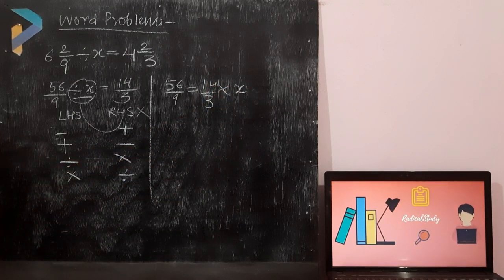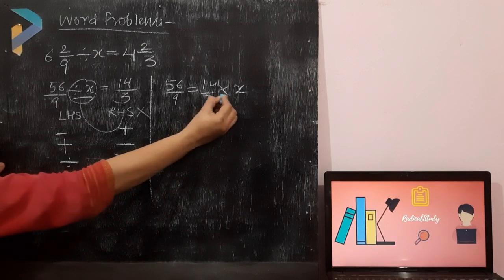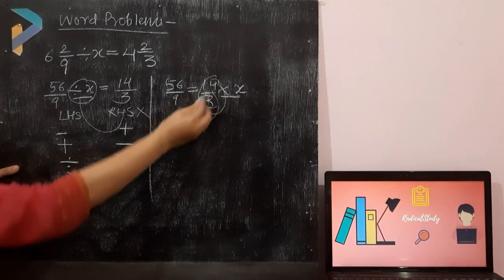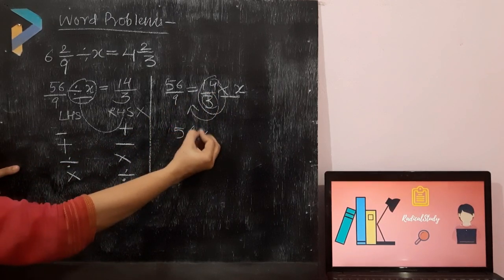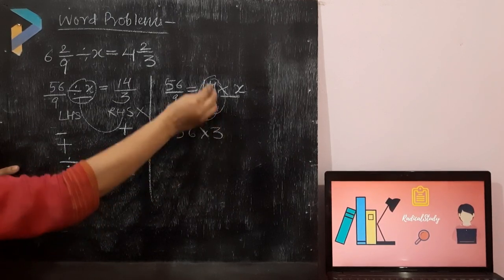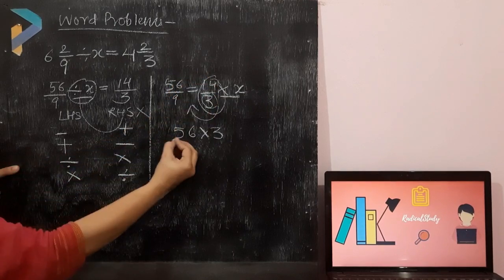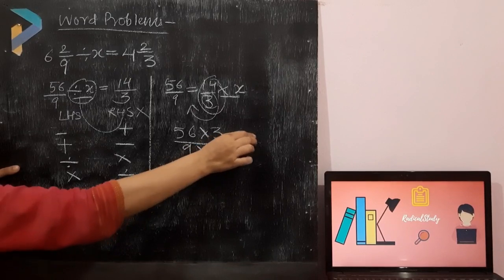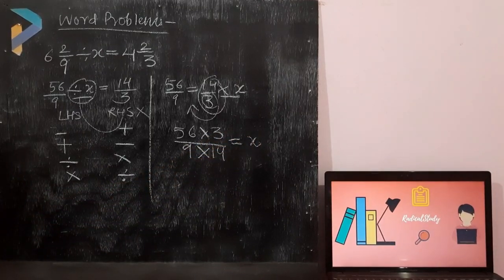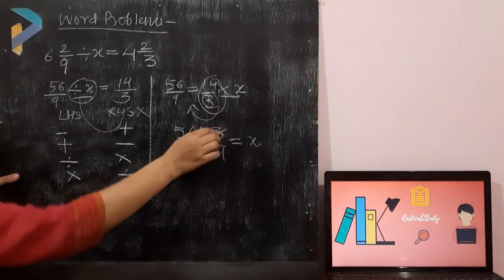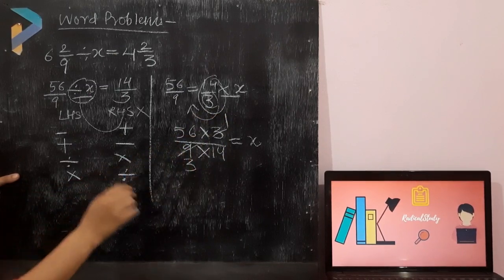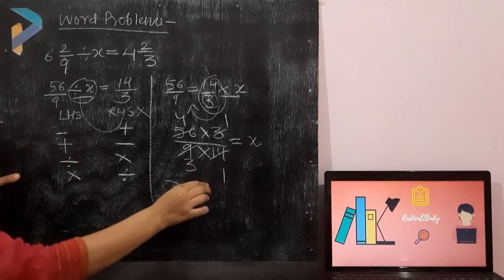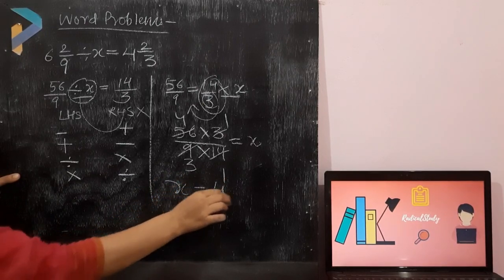Right? Now to find out the value of x, this is in multiply over here. So when it will go on the left hand side, ये डिवाइड में है तो ये क्या हो जाएगा, this will be in multiply and this is multiply, so it will be in divide. So it will be like this, 9 into 14 and this will be the value of x. Now I am going to simplify it for you. 3 ones are 3, 3 fours are 12, 14 ones are 14. So what is the value of x? The value of x is 4 upon 3.